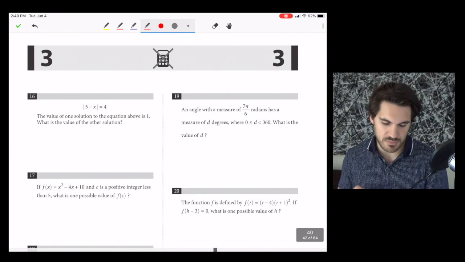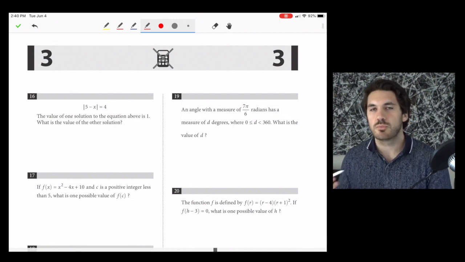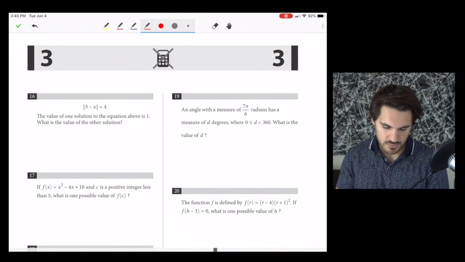Okay, grid time, number 16. The value of one solution to the equation above is 1. What is the value of the other solution? Well, we're just going to solve for the positive and the negative values of the absolute value. So the absolute value of 5 minus x equals 4. And also 5 minus x